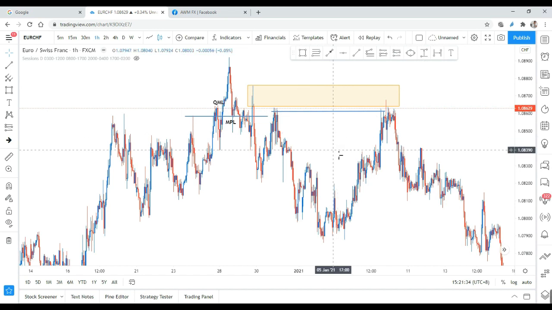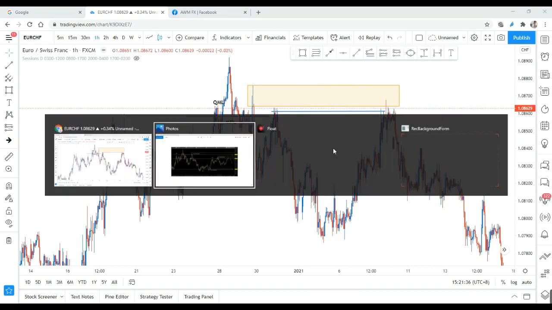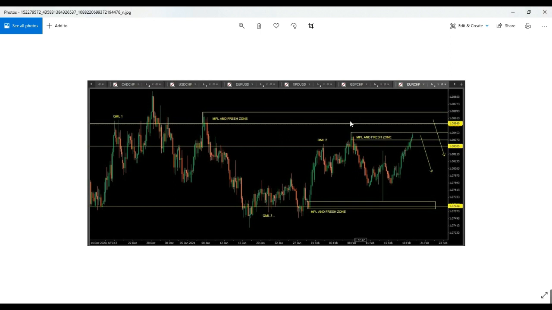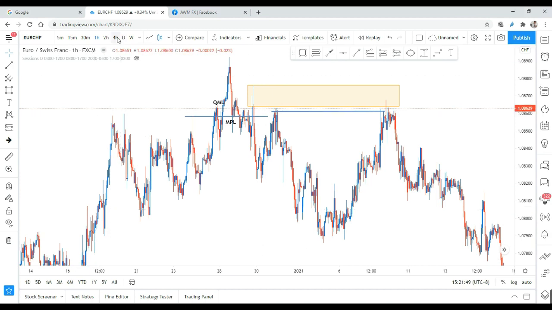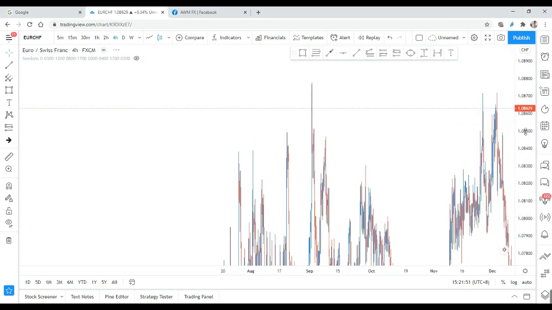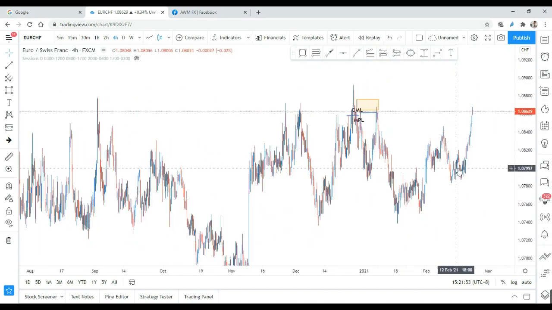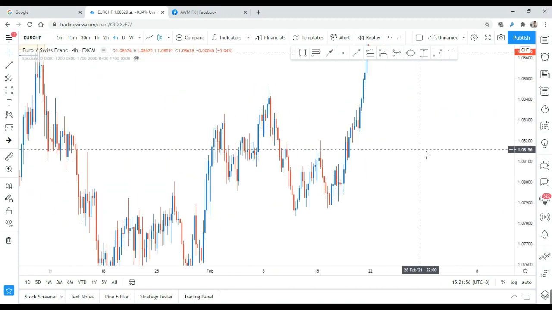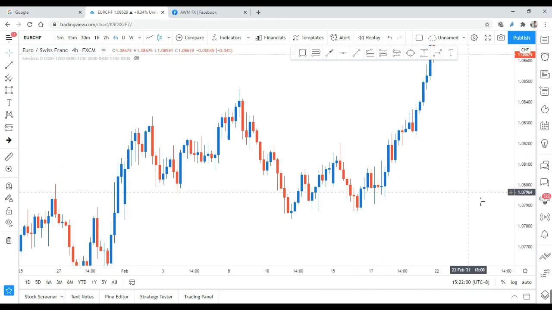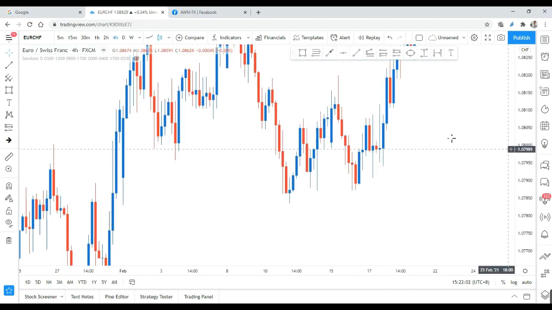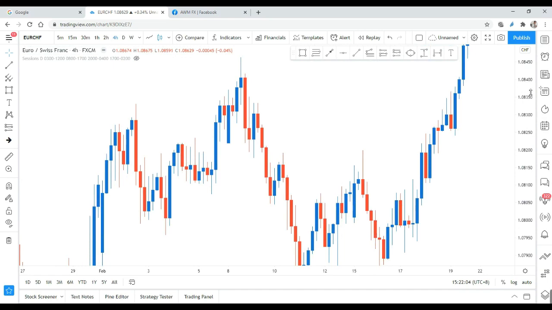All right, so let's look at the second area. So the second area will be over here. Okay, it's saying that the QML fresh zone, something like that. All right, so let's look back at our chart. All right. So the second one is over here. Now, this is a very, very big problem. All right, if you look at it properly, this QML